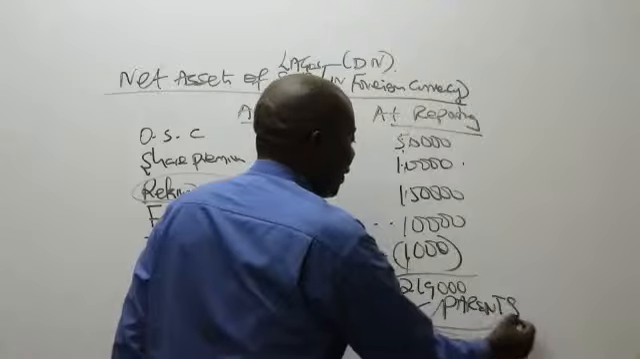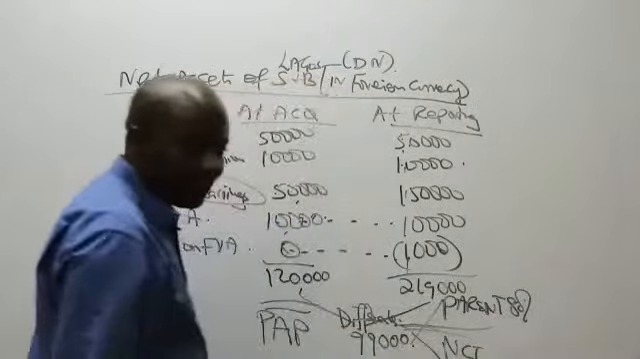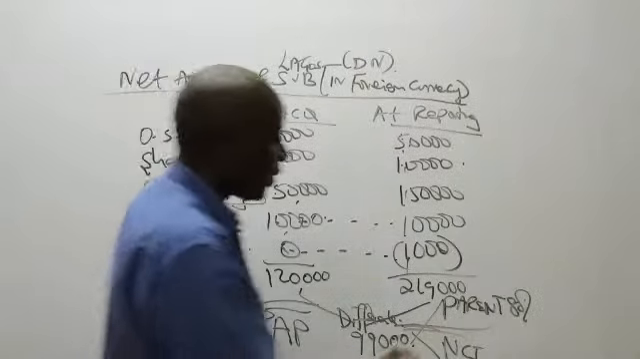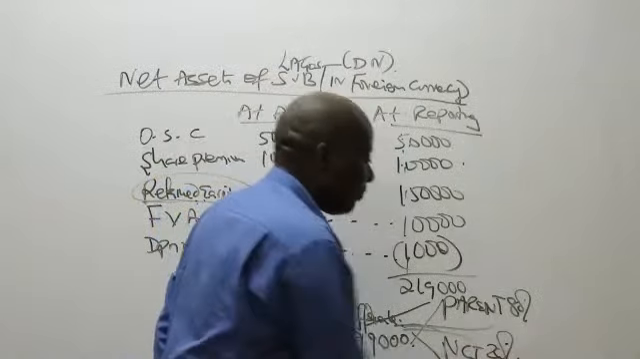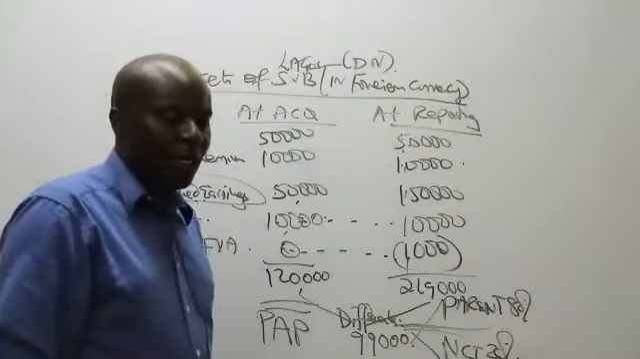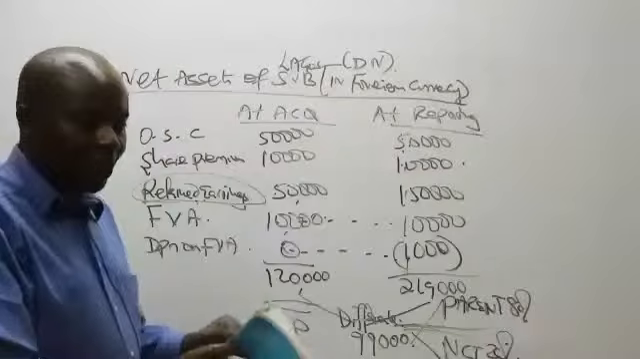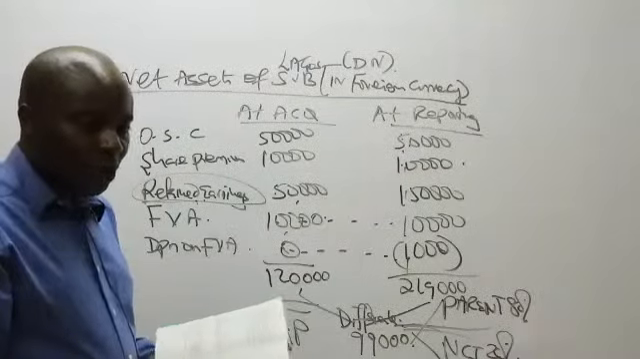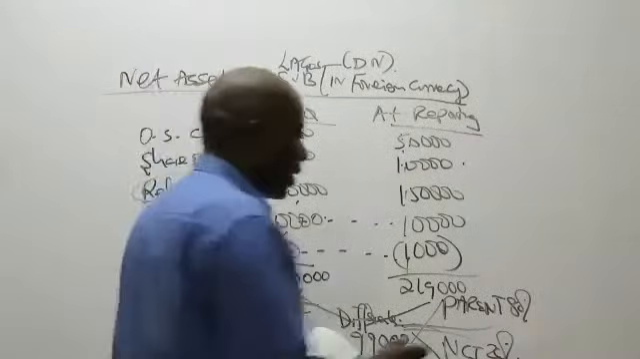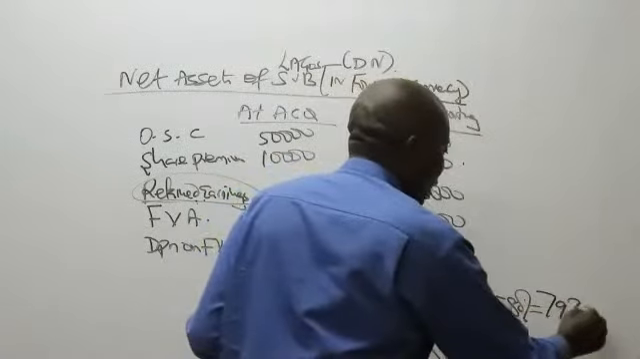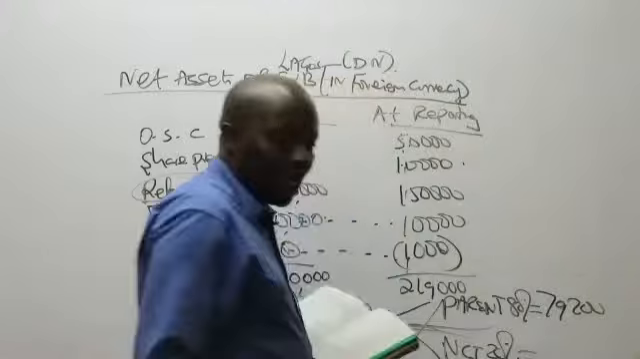Very important. Remember the parent was 80%, isn't it? And therefore NCI is 20%. Very important for me to know that. NCI is 20%. So the parent gets 79,200, and then NCI